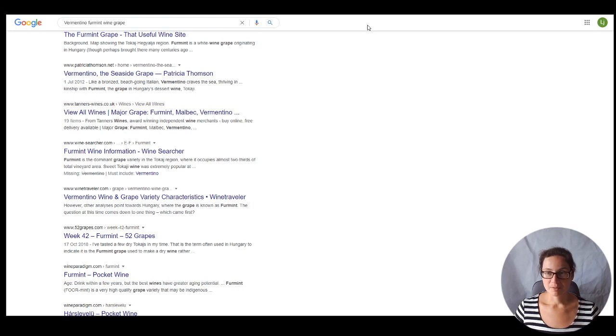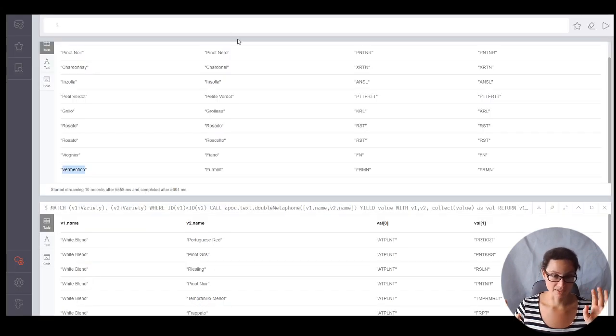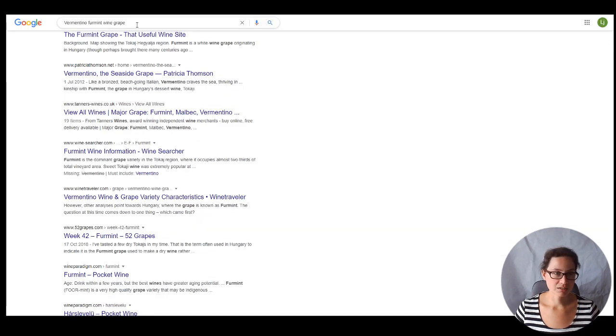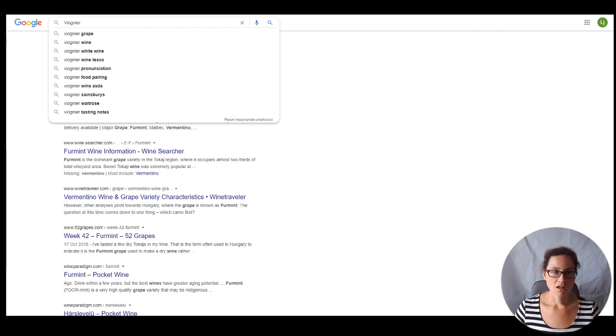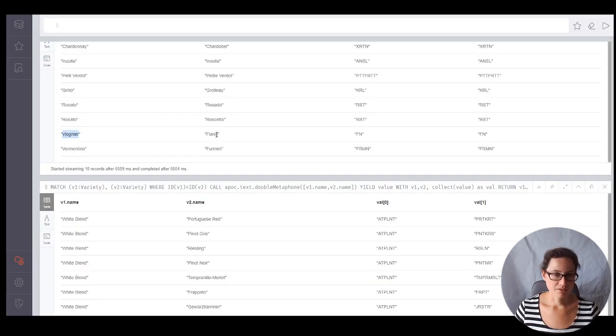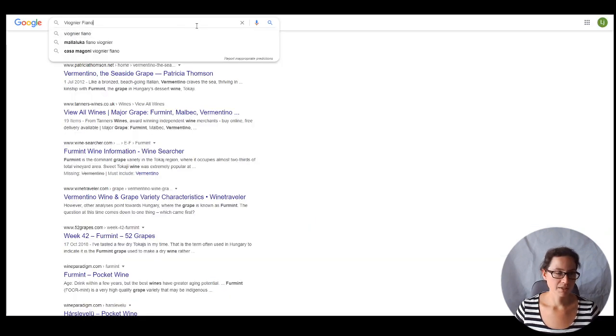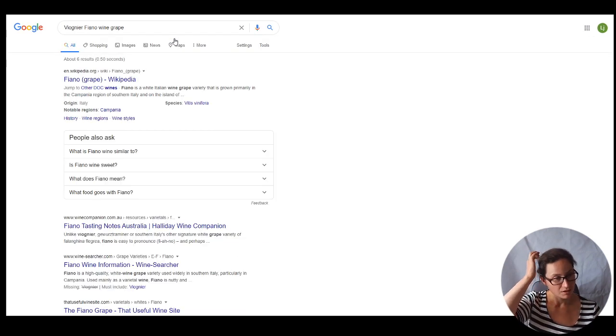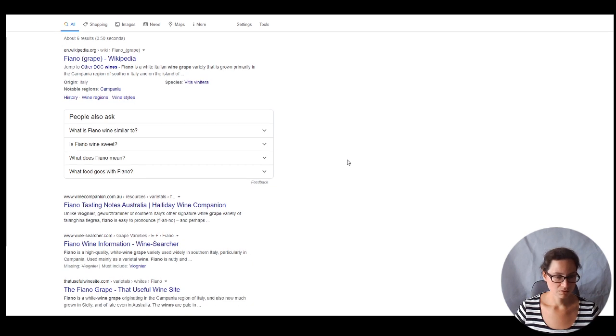Okay, maybe there is something in this. I think certainly, all of us, we can go and have a dig about. So that's interesting. I'm on a mission now. I need to see if these two are the same, because if you think about the translations, or where the words come from, we may not know where they originally came from, but perhaps they will have similar names. So let's do wine grape. Let's see if there's anything between these two. Got Fiano and